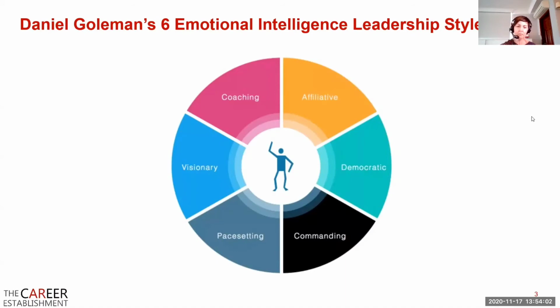The visionary one is probably quite obvious to some, that visionary style. I think when you're hiring new people into a business, or you're asking someone to go into new territories, visionary style is fantastic. You're telling a story, you're letting that consultant know where they're going to go. It's inspiring. You want to jump on that train with that person and get there. So it's something that really is motivating.